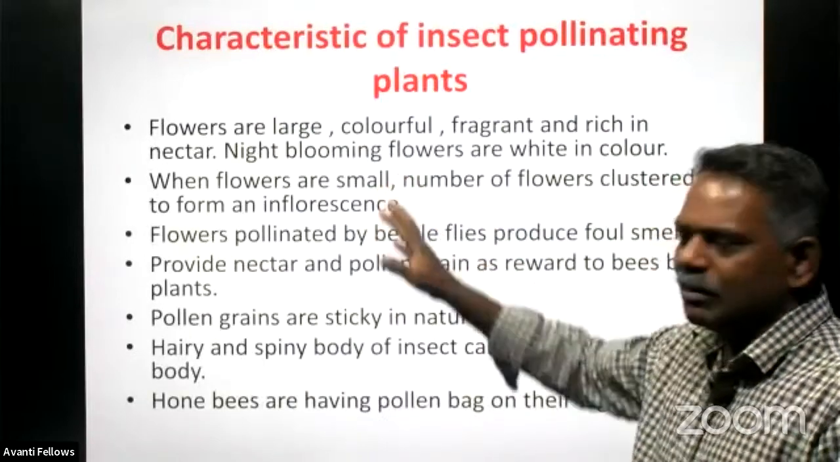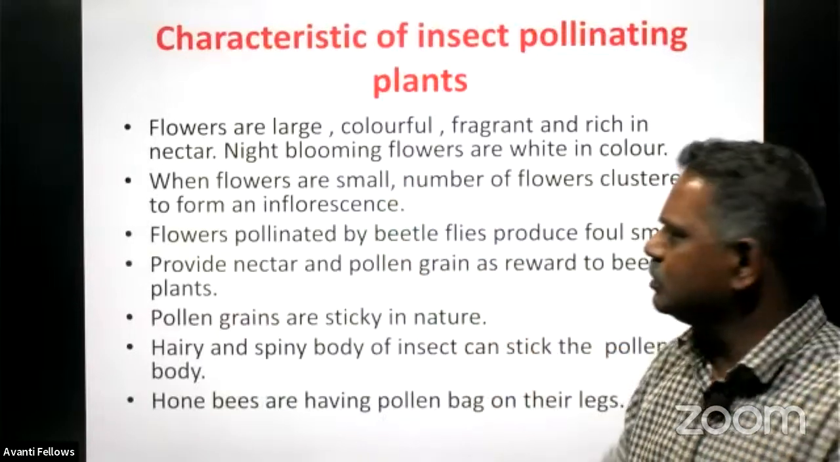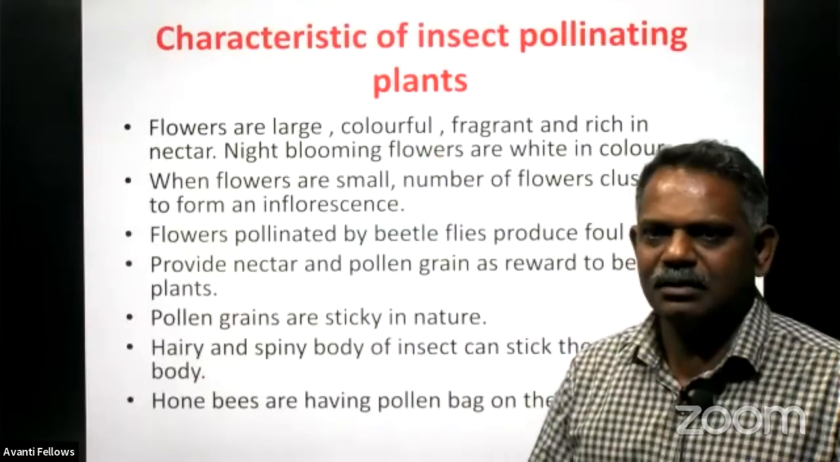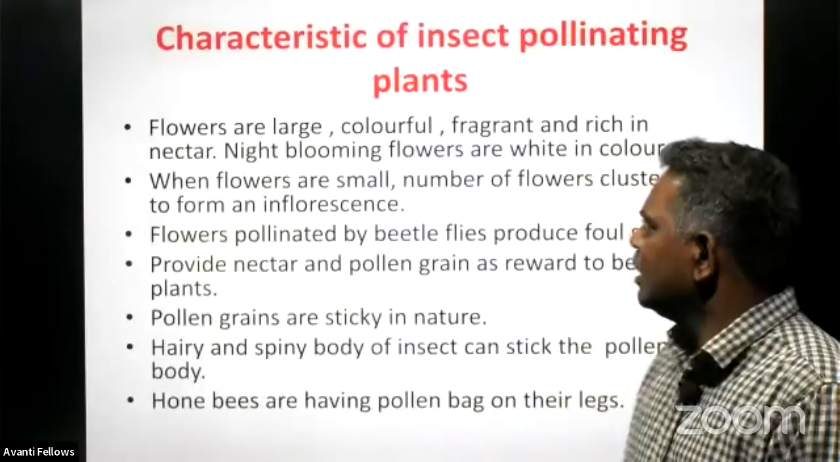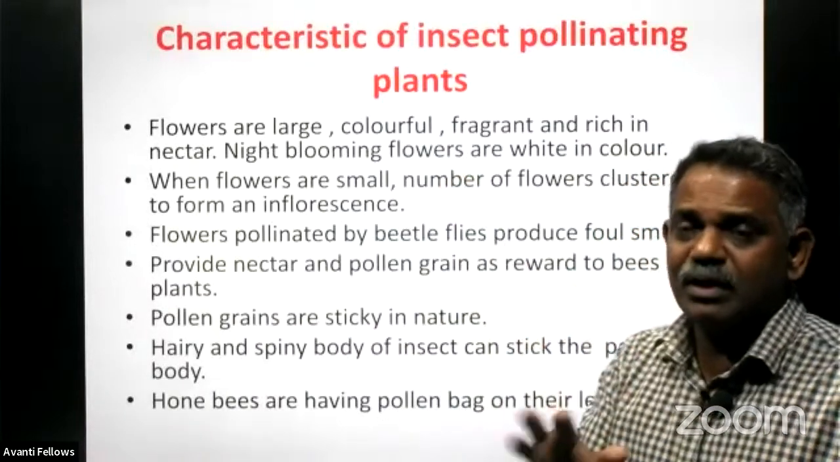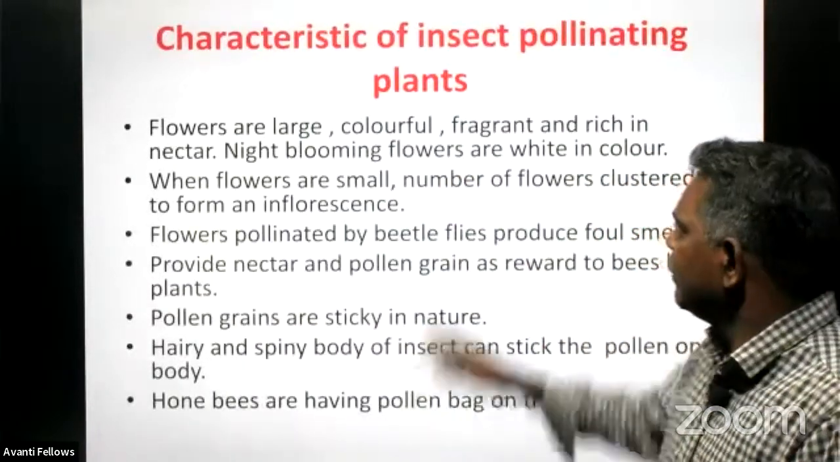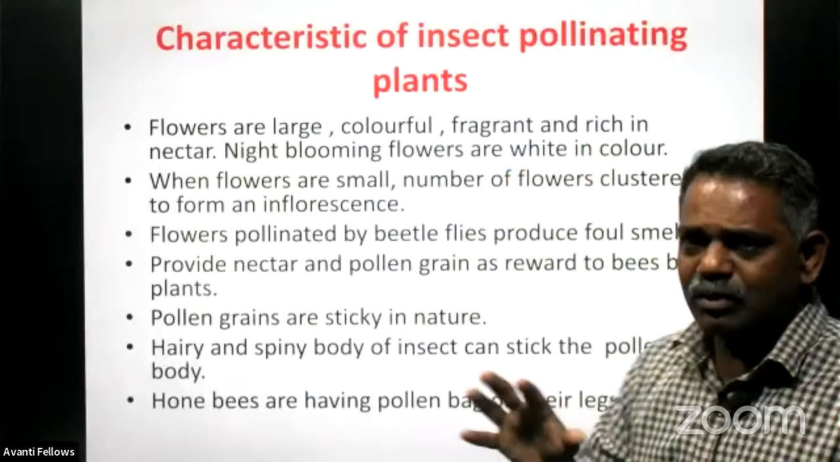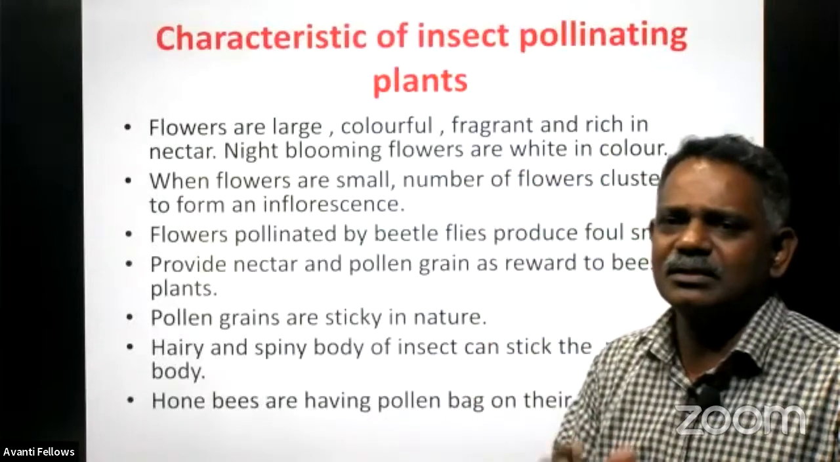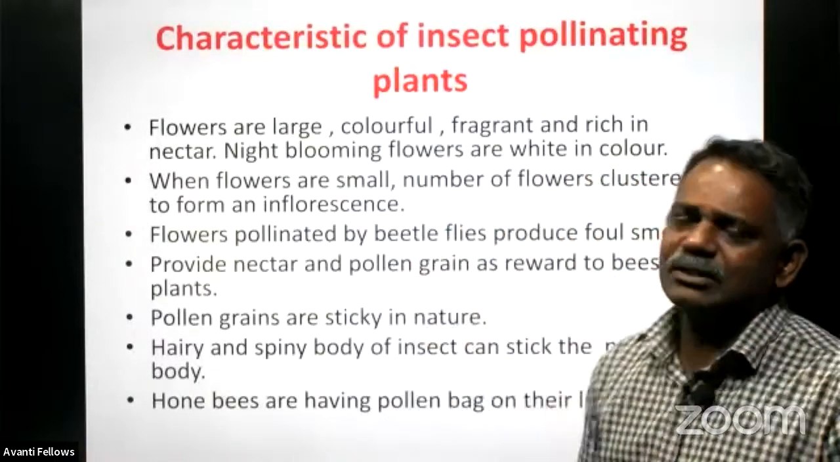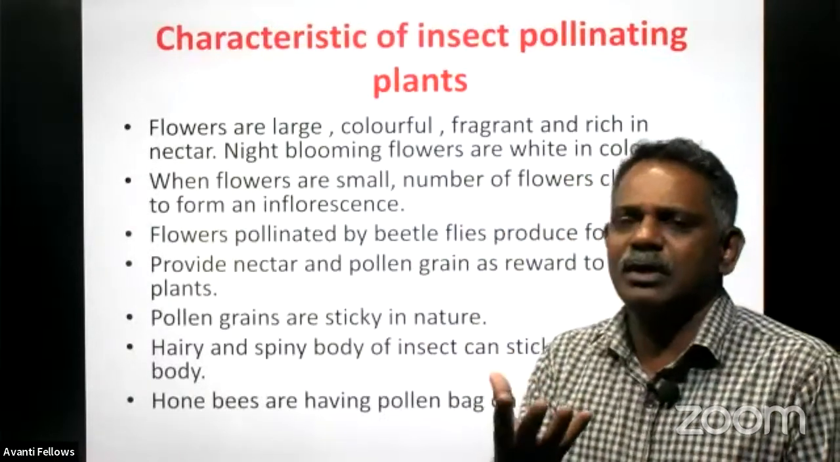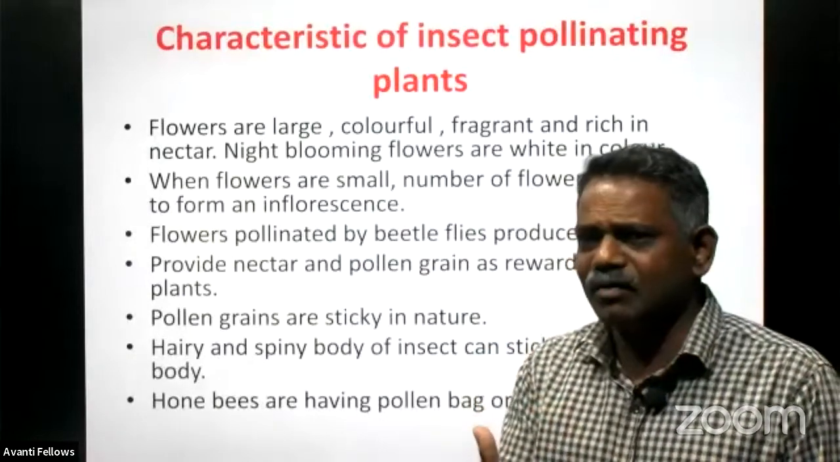See, normally such a type of plant produces large flowers. That is to attract the insect only. It should be visible to the insects, and also very, very colorful. Then fragrance, it produces what? Very good fragrance, very rich smell, and rich in nectar, producing a huge quantity of nectar as a reward for the